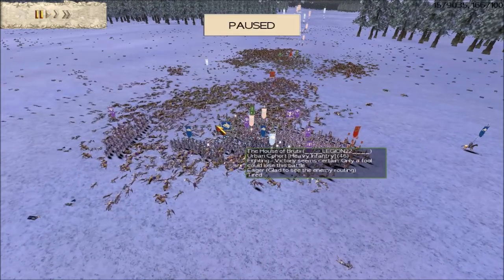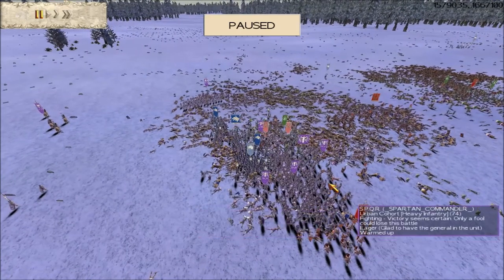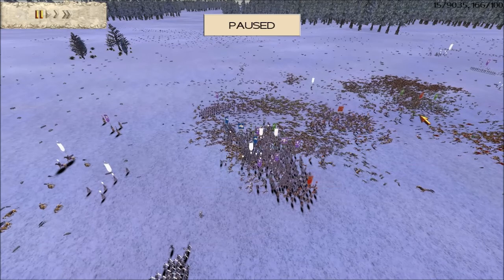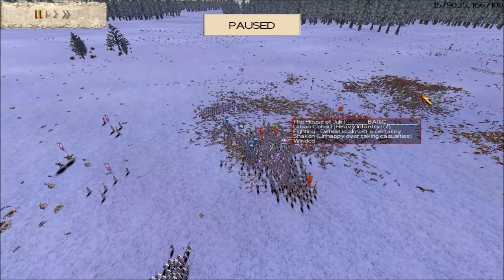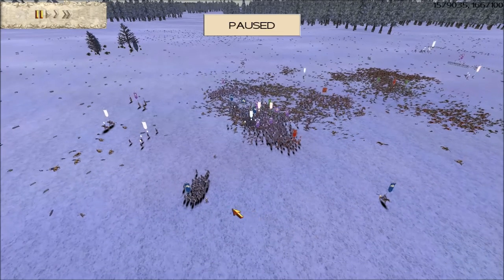Right, let's just pause the game for a second here. Okay, so as I say, you can still see the Scipio general still alive there. I'm looking to charge one of my SPQR units in. Okay, I've turned defense into attack now. I'm starting to attack with my infantry there after defending for so long. On our right flank there, we're doing quite well. The Julio general is still alive, giving